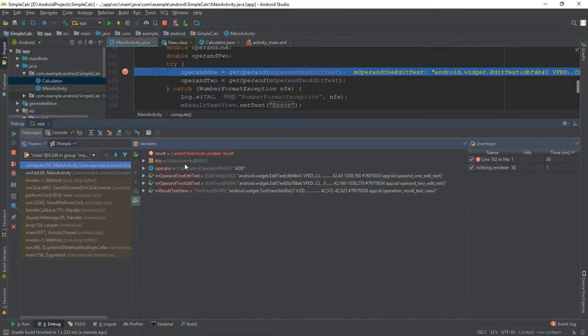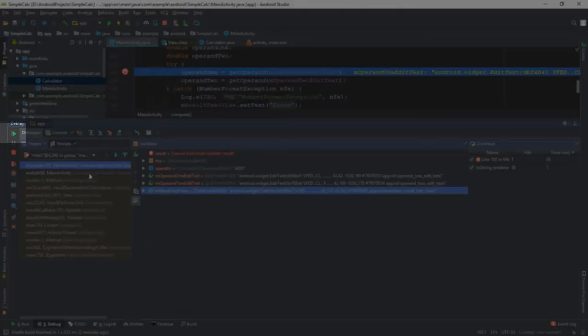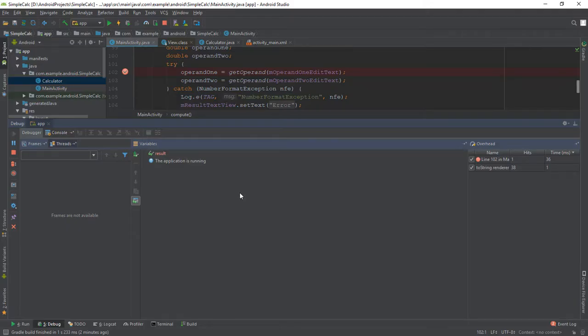At this stage, the variables are this for the activity, the operator name from Calculator.Operator that the method was called from, as well as the global variables for the edit texts and the text view. To resume our app's execution, click this resume button. The app continues running until it reaches the next breakpoint.